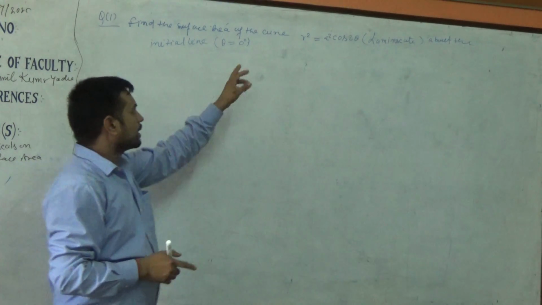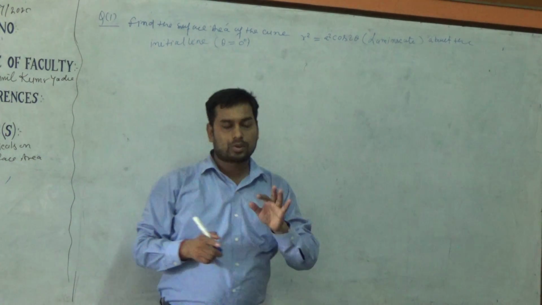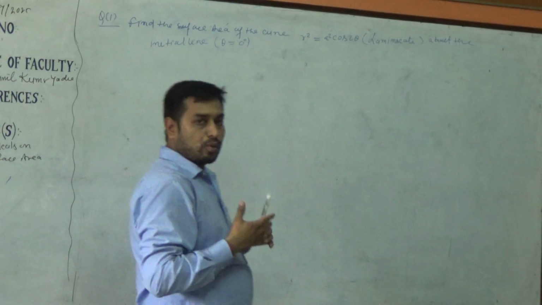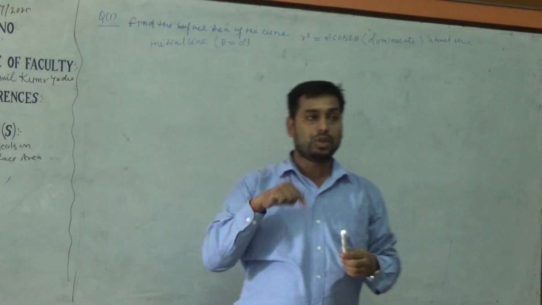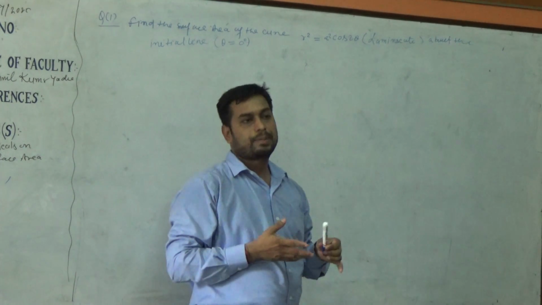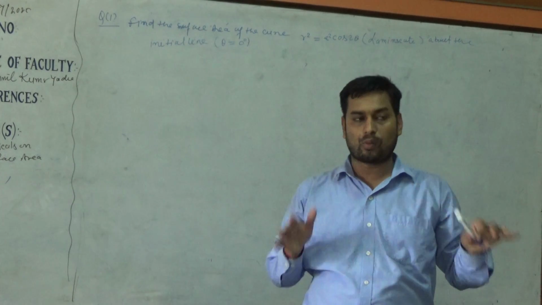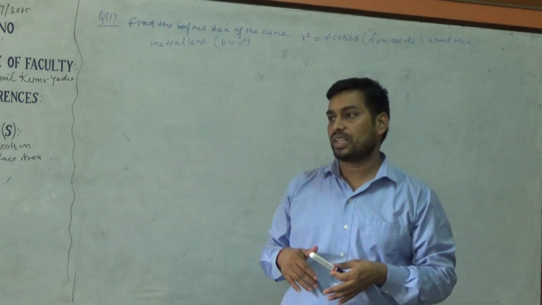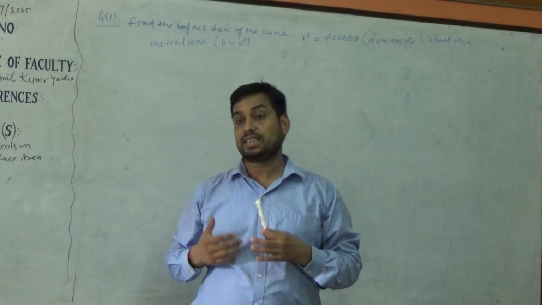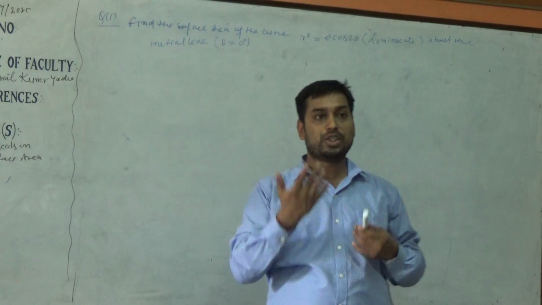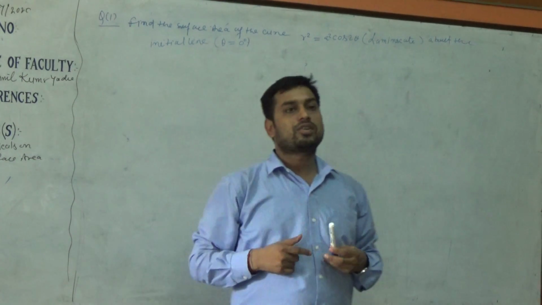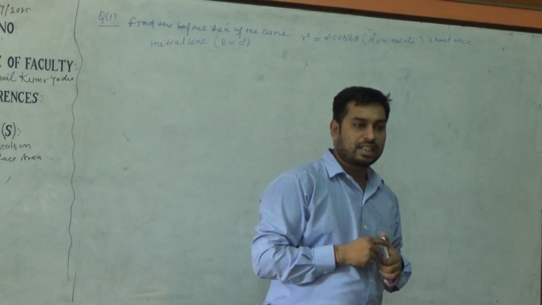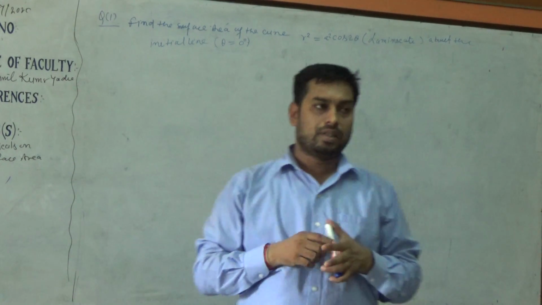The given curve r square equal to a square cos 2 theta is in polar coordinates. It means polar form. So we will use the formula of surface area related to polar coordinates. This formula contains an integration, so first our aim is to evaluate the limit of integration, and in order to do that, we first trace the curve.